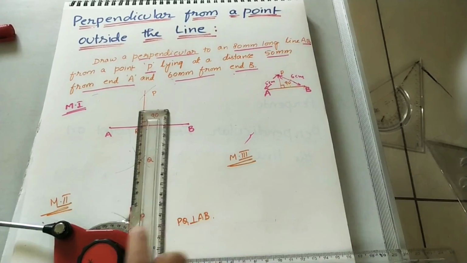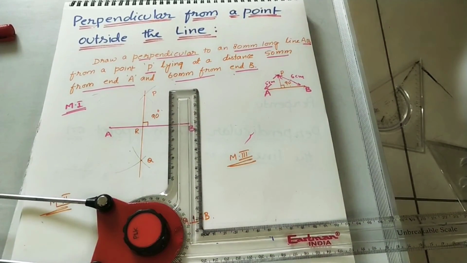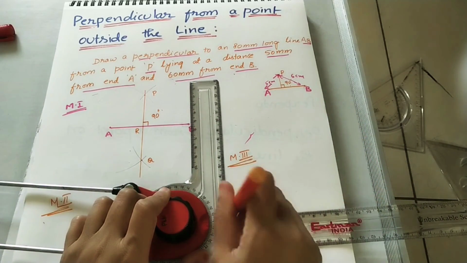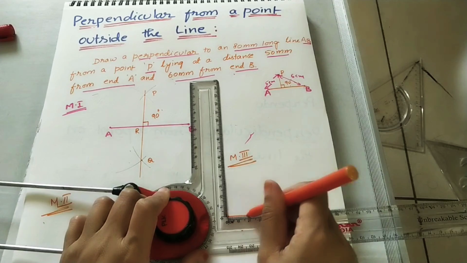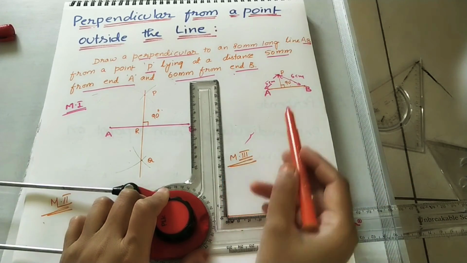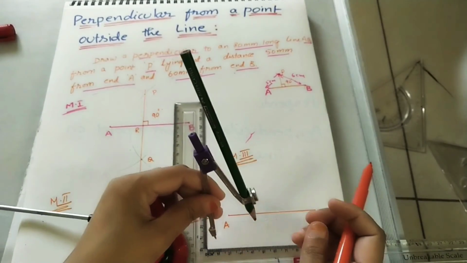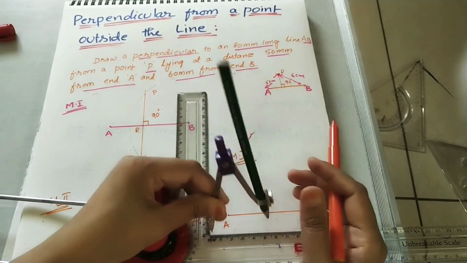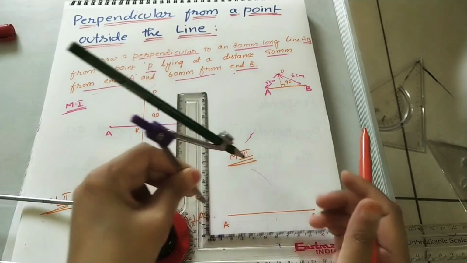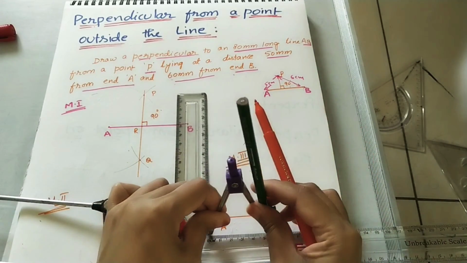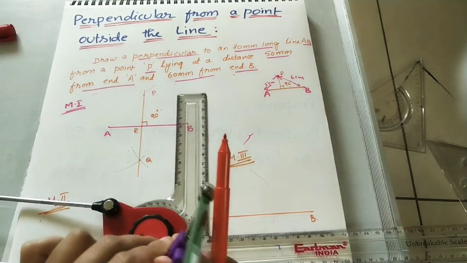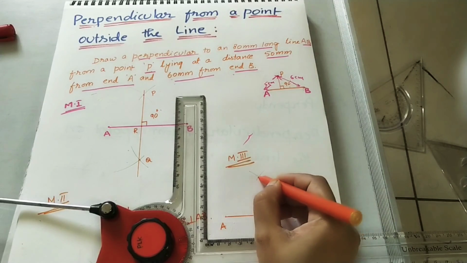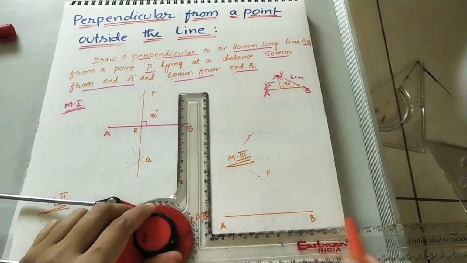The third method, in it I am using the drafter. By using the drafter it is easy to do. Take the AB line, it is 8 cm. Mark the end points, 8 cm. Draw the line, and after that where is point P? Point P is 5 cm from A. Do it by using the compass. Our main aim is to mark point P. Do an arc. From B it is 6 cm. Take B as center with the compass, cut this arc, and you will get point P.